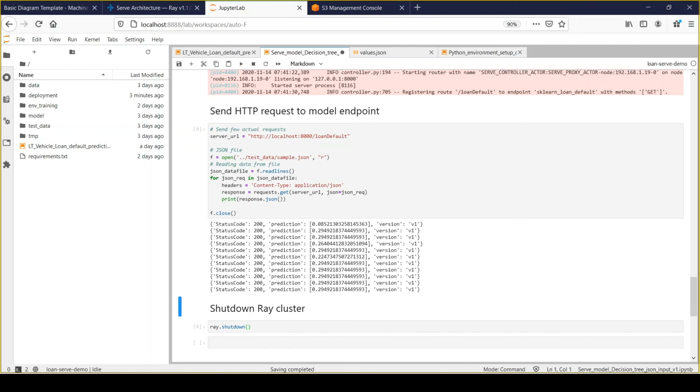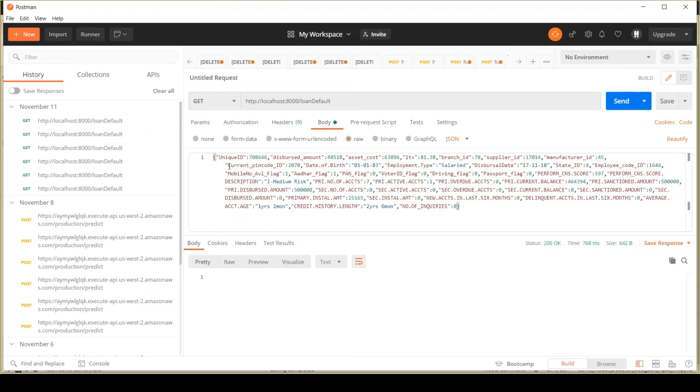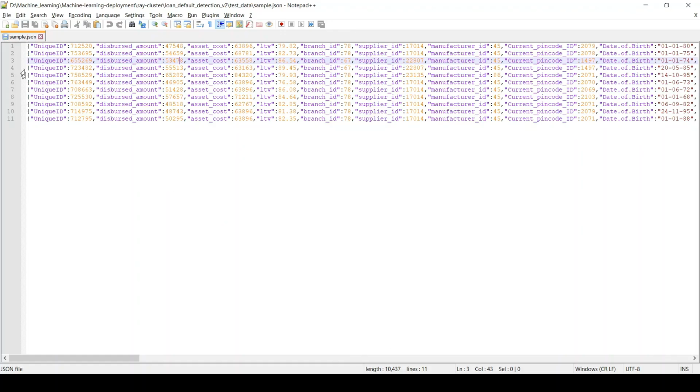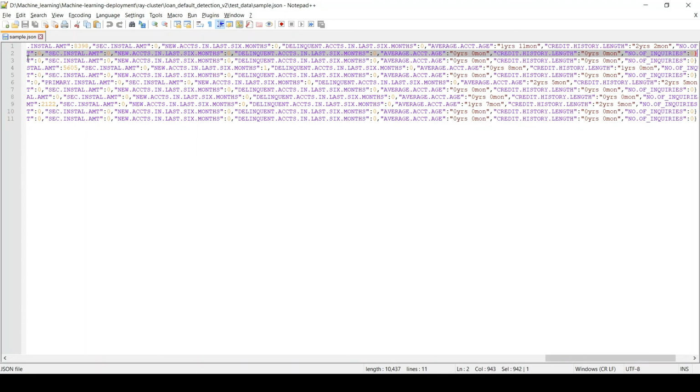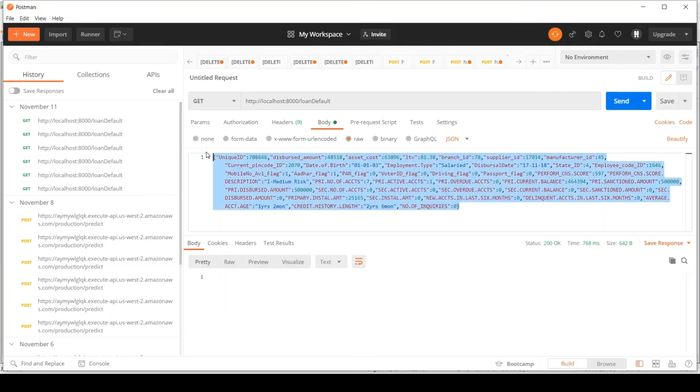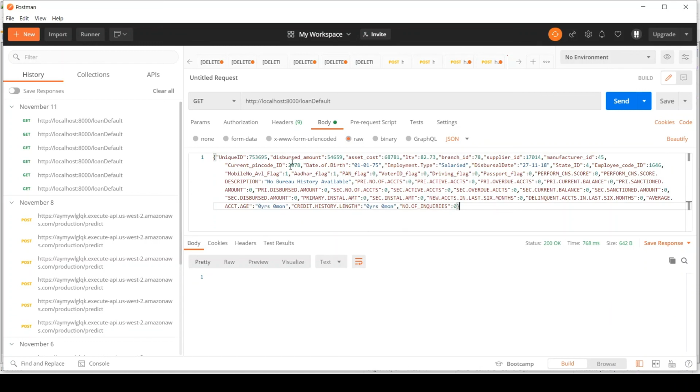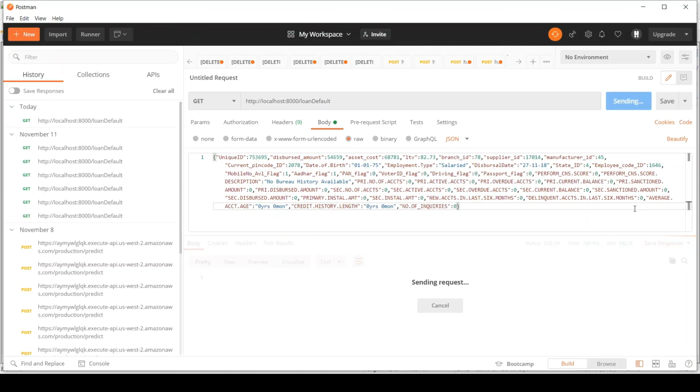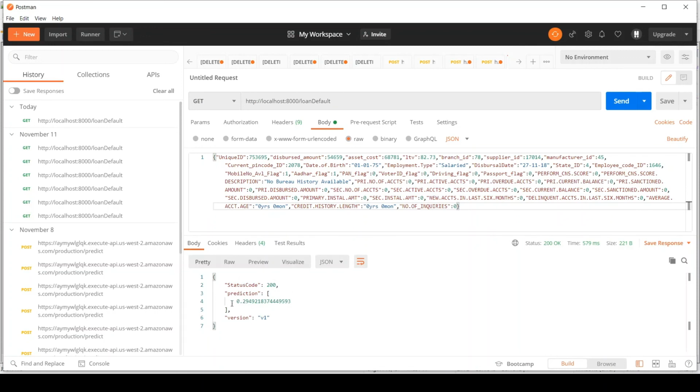We can also use Postman for testing a single request. So you can simply take one message. I will take one message from this file, copy it, and now I'll paste it here. Okay. So once that is done, here you need to specify the layout as JSON. Okay, and after populating the request layout, just click send, and it will return a response back in this manner. So 29.49 is the probability score for loan default.